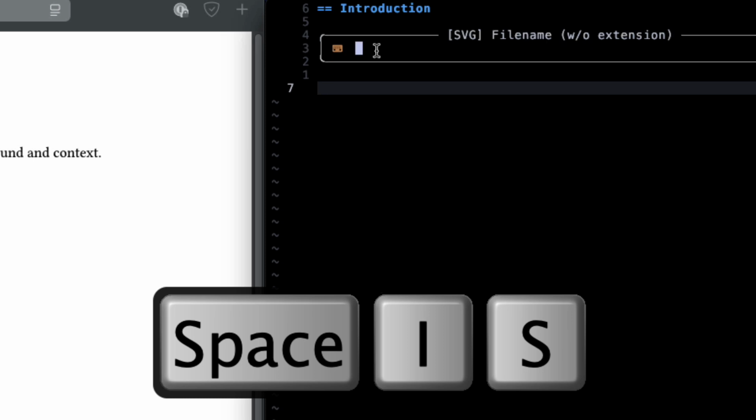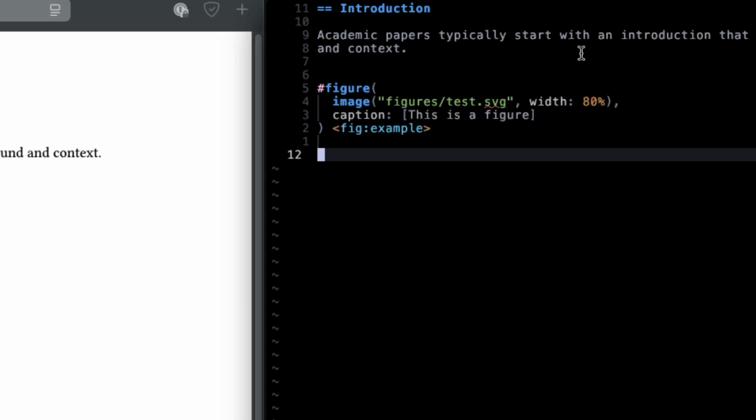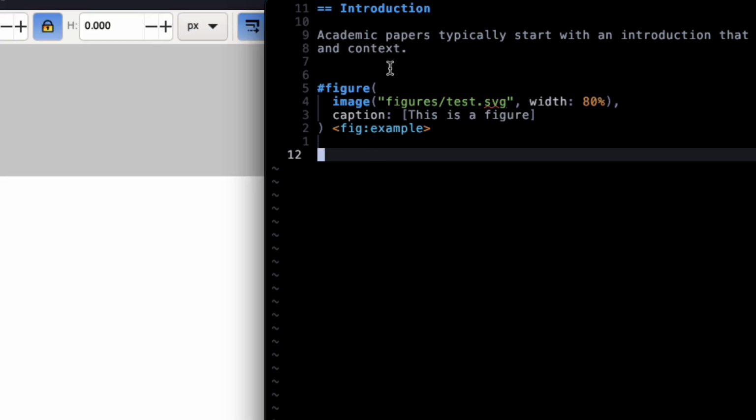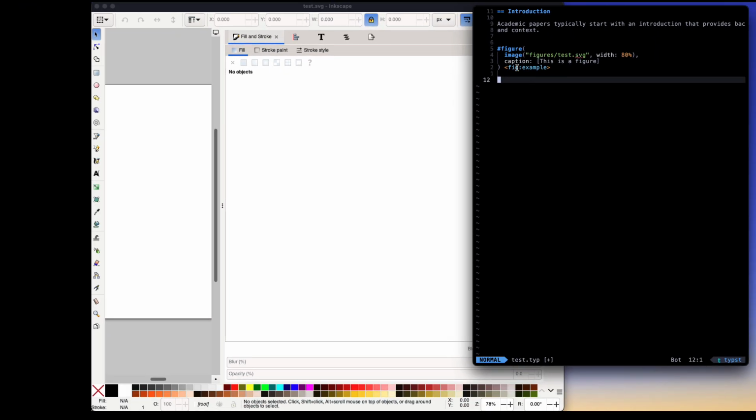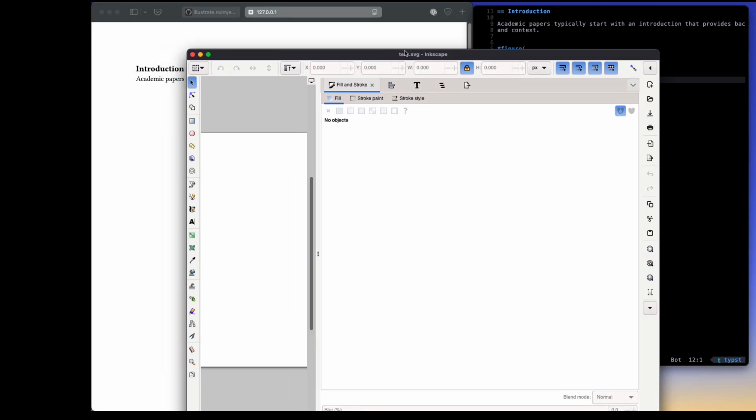You can see that we are prompted to provide a file name, so we can type something like test, and then it's prompting us to provide also a caption. This is a figure, and even a label for that figure. We can say fig-example or something like that. That will be the label that we can then use to refer to that figure within our document. Hitting enter, you can see that we have the code already included in the text, and automatically it created the